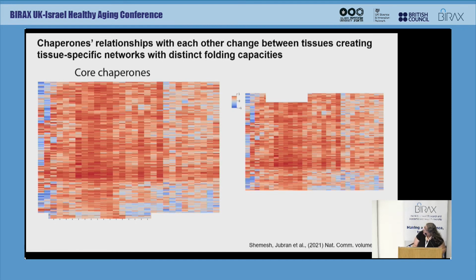I hope you can see that when you look at the core chaperones, for the most part it's heavily red, meaning that they are highly correlated. So if one subunit goes up, the other subunits are also highly expressed. But when you look at the more variable set of CCT subunits, you see anti-correlation or no correlation in their expression, suggesting that this organization also impacts